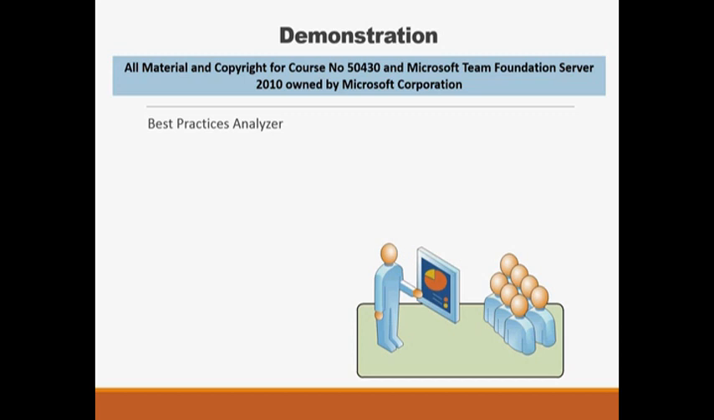Setting up reporting, rebuilding a warehouse. Then we have Lab 8A through C. A is deploying and configuring version control proxy. B is deploying a new build controller. C is deploying a new application tier. And Module 9, the last module, but of course the most important